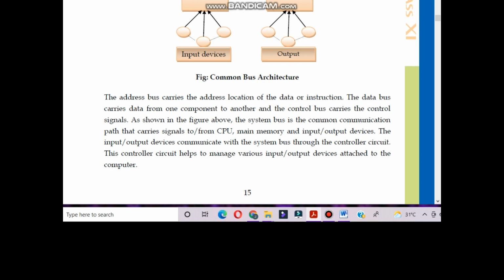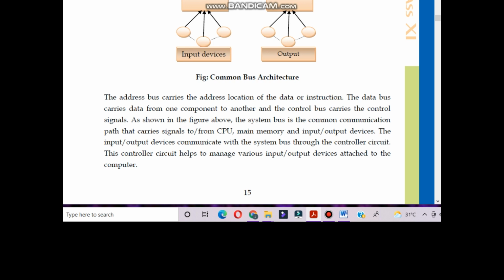The system bus is the common communication path. What is the system bus? It is a common communication path that carries signals to or from the CPU.